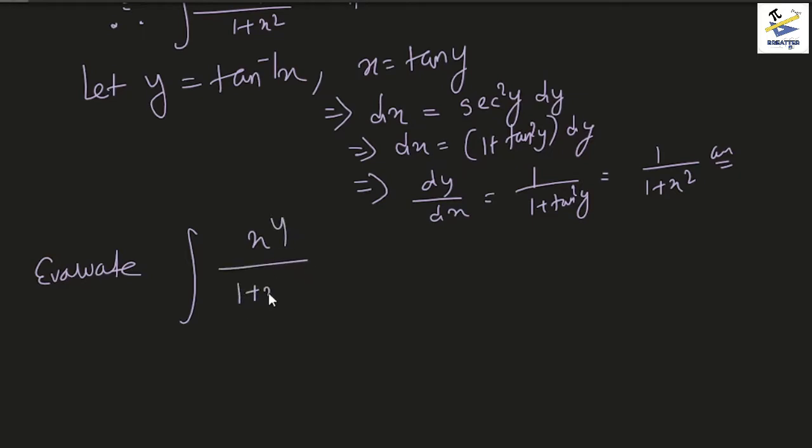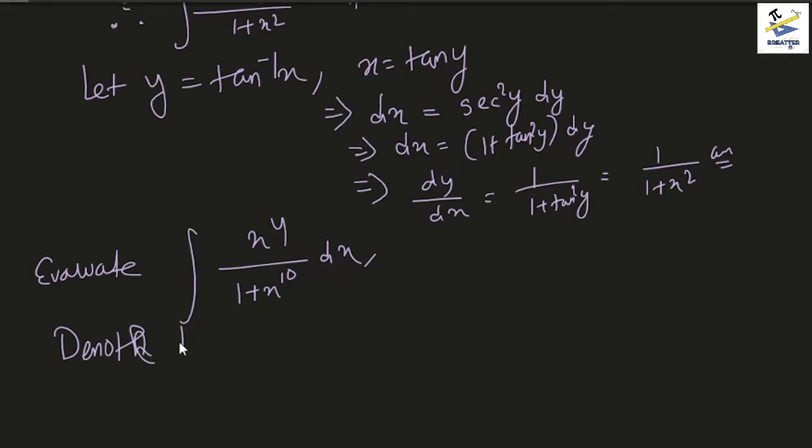Evaluate integral of x to the power 4 by 1 plus x to the power 10 dx. Now at first glance, obviously we want to substitute for the denominator, but we see that the derivative of 1 plus x to the power 10 is not x to the power 4 dx, or any constant multiple of x to the power 4 dx rather. But what we can do here is